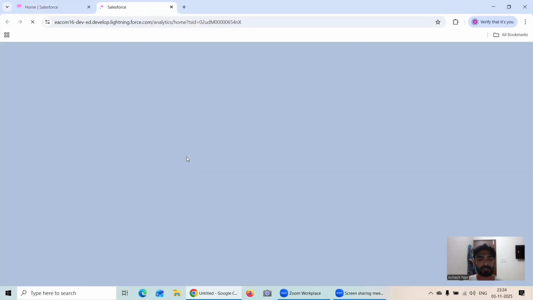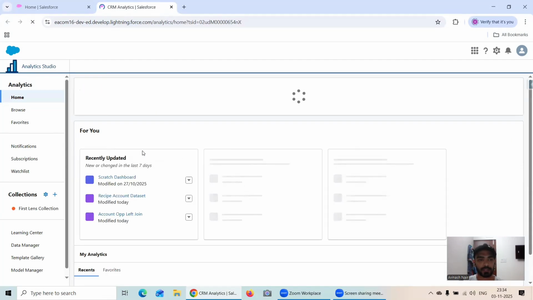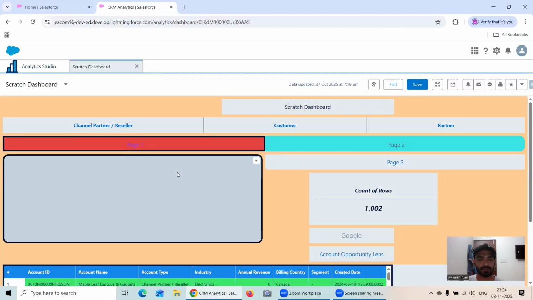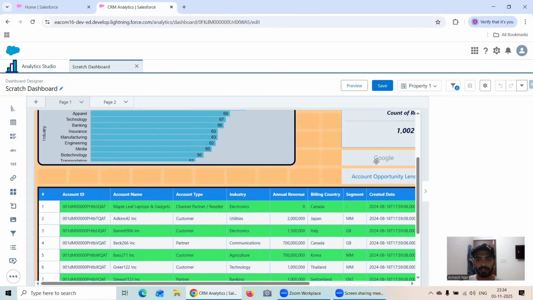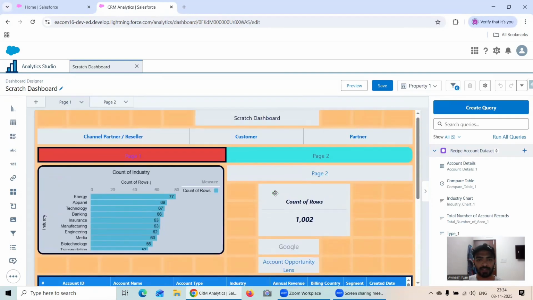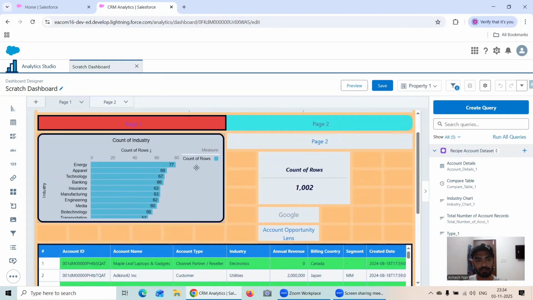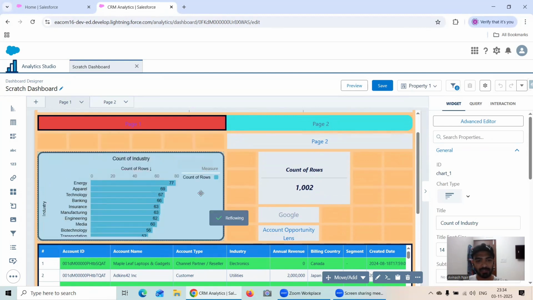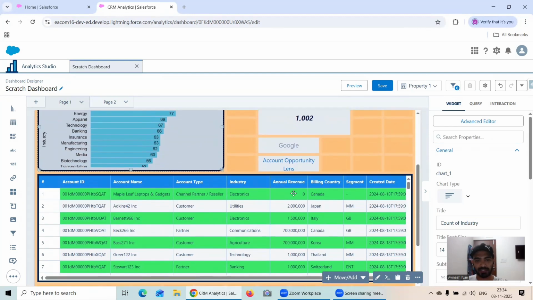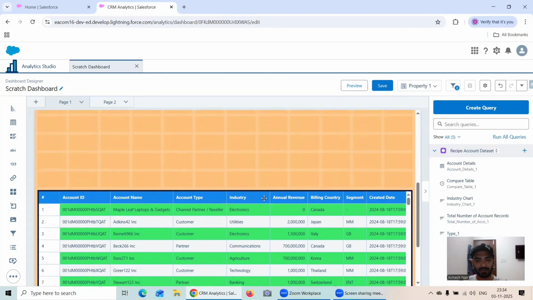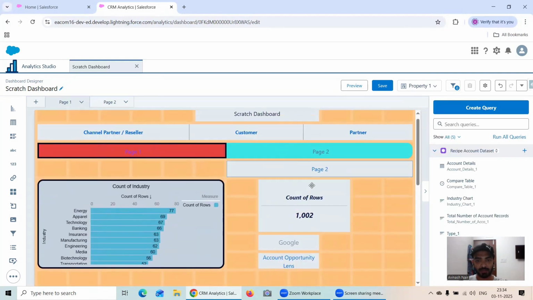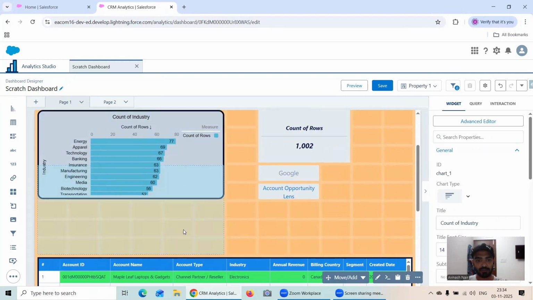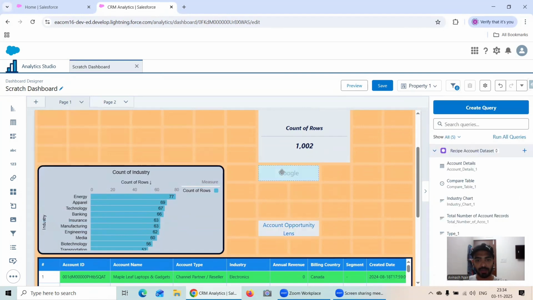We will move to Analytics Studio. We will go with the same dashboard which we are working on. Fine. And what I will do is click on edit. I know it's a scratch dashboard, as I mentioned, and the whole purpose is just to learn what the widgets are, and of course we will build some proper dashboards as we go further. So for now, what I will do is